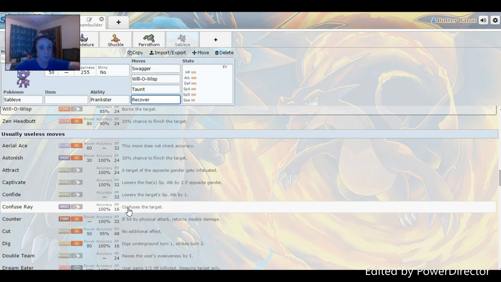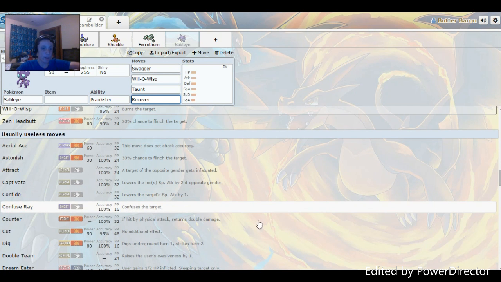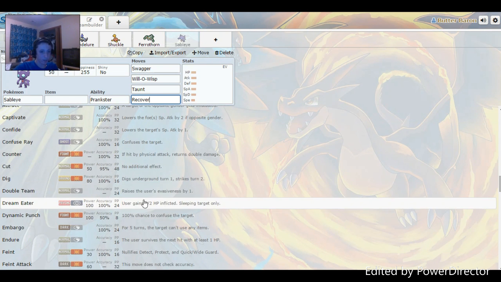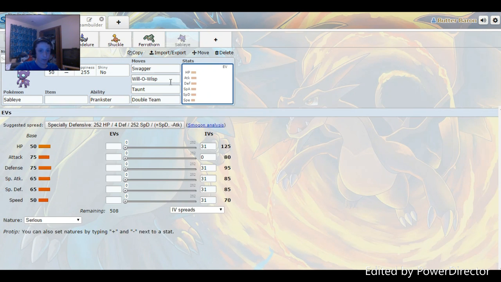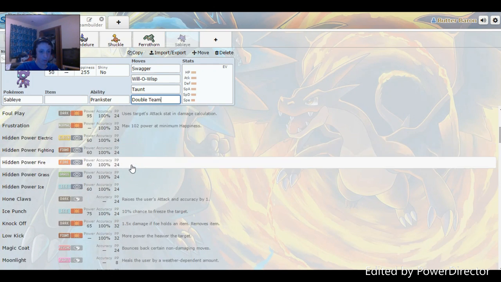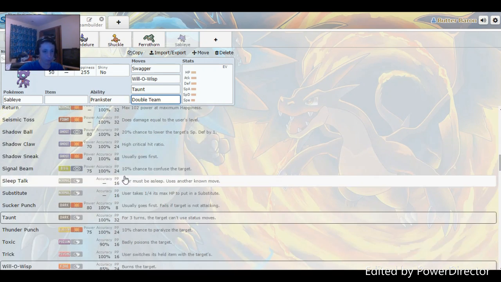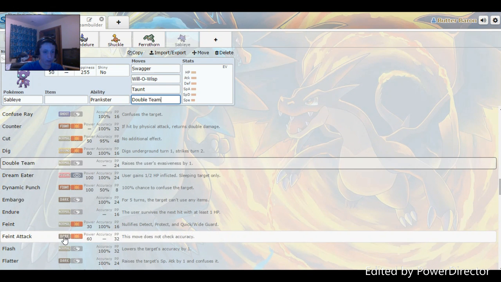Confuse Ray can be good, but yeah, it can be good. It can be pretty good. So you can use Double Team for the stall again. Sometimes you can actually cause people to forfeit with stall Pokemon, which of course wins you the game. And there's some other stuff like